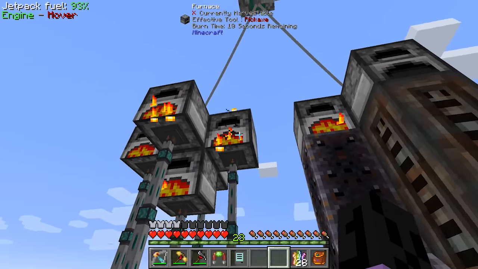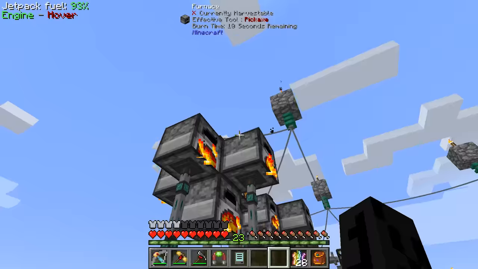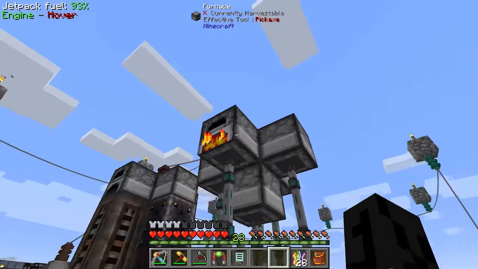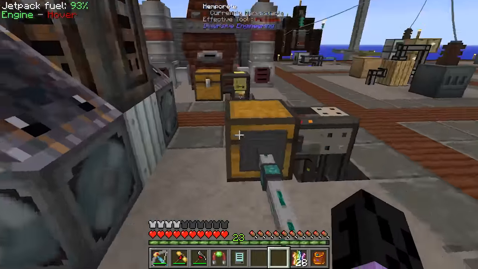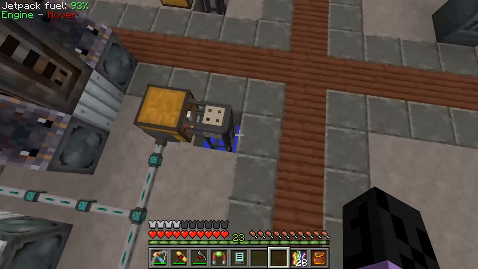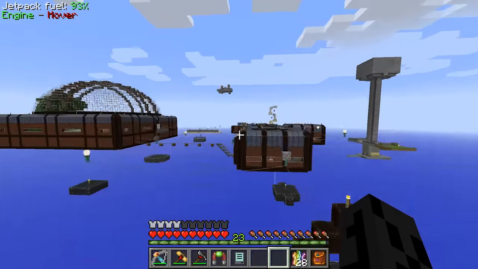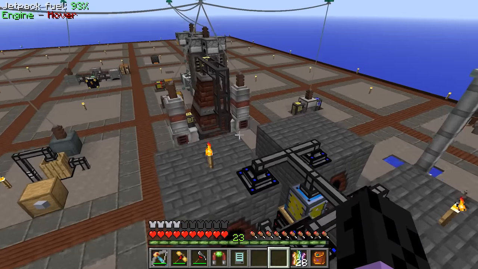Which kind of doesn't make sense, does it? 4, 8, 12, 16. Maybe. But then those are automatically going into here and getting pulled out. Okay, and sent back into the system with the quick sort module. And the quick sort module is, of course, sending it to the gold storage over there, because that's what's asking